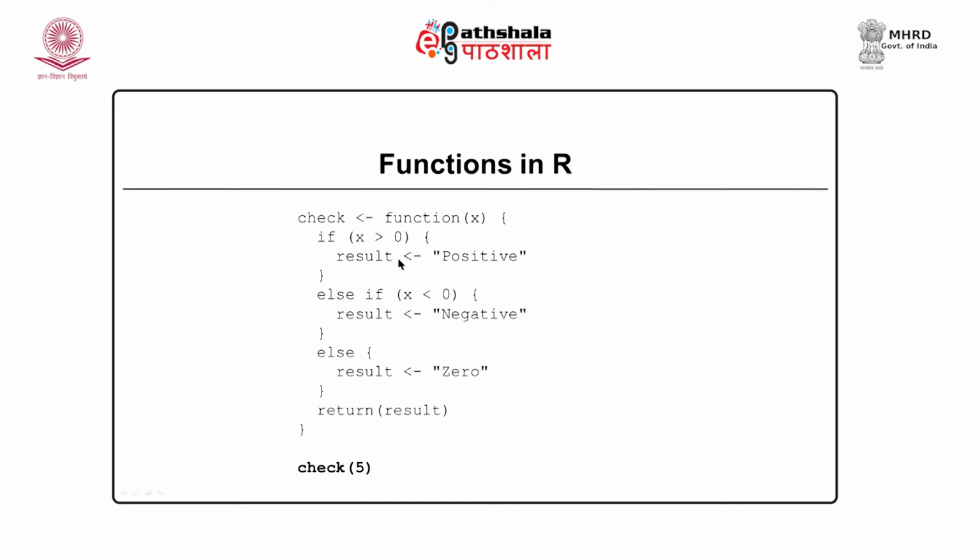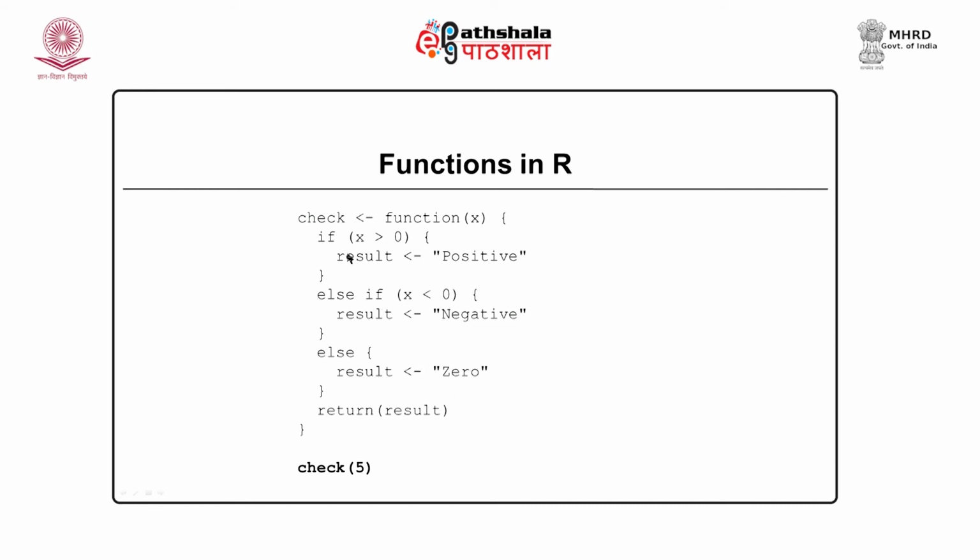Here I am creating a function called check. So, check is a function. The function body is up to this ending bracket, and to invoke this function I can use check and I can pass some argument. Now, this function is returning a result. So, when I say print check, it will return the result, whatever it is. So, what we are doing in this function, we are passing some variable over here, it will be an argument to the function, and we are classifying whether the value is positive, negative or 0.